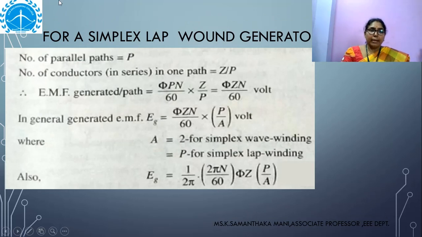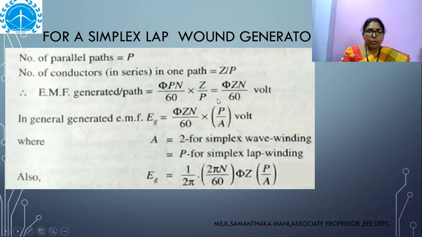Next, we are going to derive the formula for a simplex lap wound DC generator. Here in lap wound, it's known to you the number of parallel paths is equal to P, where P is the number of poles. Now we are calculating the number of conductors in one path, nothing but Z by P. Now we are going to calculate the EMF generated per path. So here, φPN by 60 into Z by P. If we rearrange this, this P and P get cancelled and we will get φZN by 60